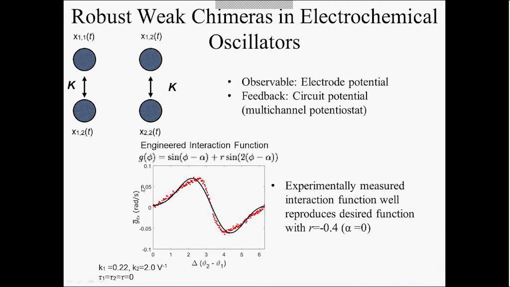And so we set the tau values and the K values so that we can get this nonlinear interaction to match the function provided to us by Chris Sebek. And we found that our R value in our interaction function is about negative 0.4. And with epsilon equal to 0,